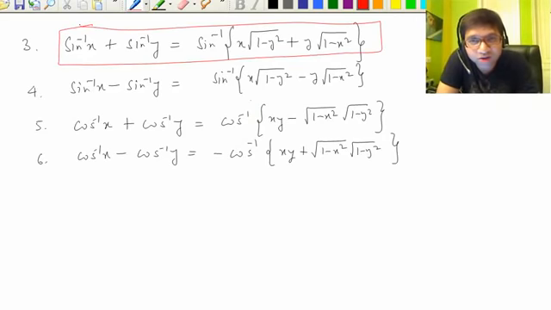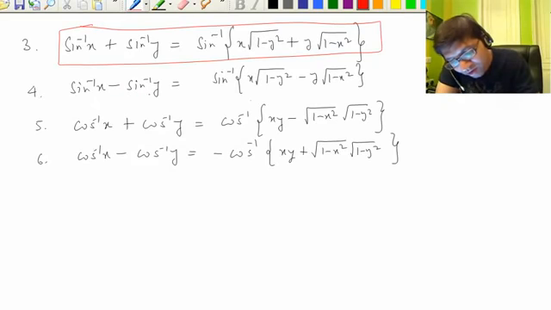Now sometimes we don't need all those cases. Why? Because after applying the sin inverse x plus sin inverse y formula, we have to take sine of both the sides, and when you take sine of both the sides, all the cases will give you the same thing. There's no need to make cases. You can check yourself. You take sine of all the right hand sides, and all the formulas of sin inverse x plus sin inverse y, they'll all become the same. सारे सेम बन जाएंगे अगर साइन लगा देंगे सबके आगे.